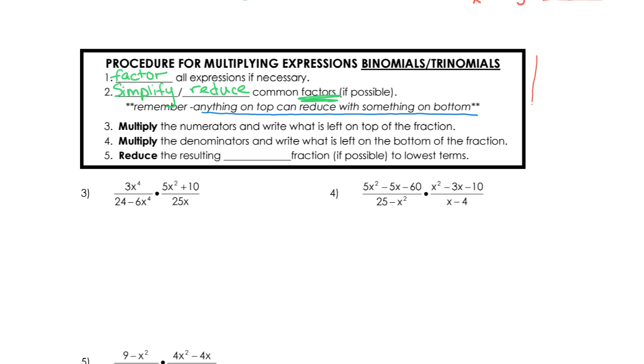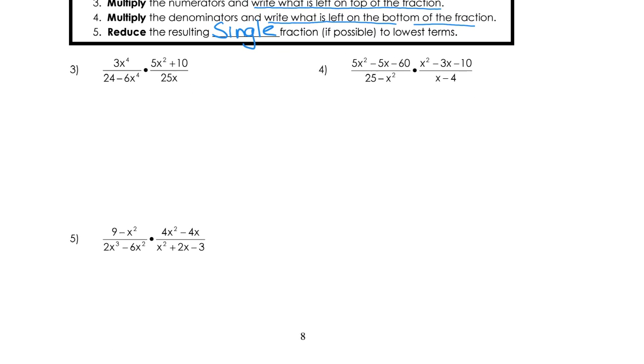Once we are done with factoring and simplifying, we'll just go ahead and multiply the numerators and write what is left on the top, just like we did with the monomials. We'll multiply the denominators and write what is left on the bottom. And we are going to make sure that we reduce the resulting single fraction, if possible, to lowest terms. All right, so here's what it's going to look like. So in number 3,